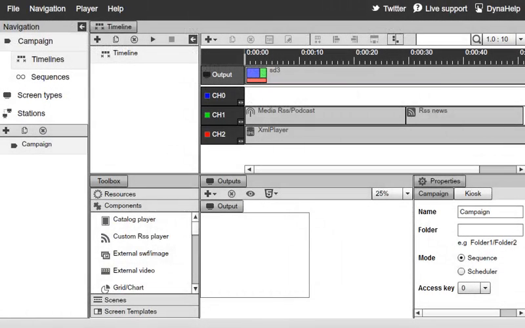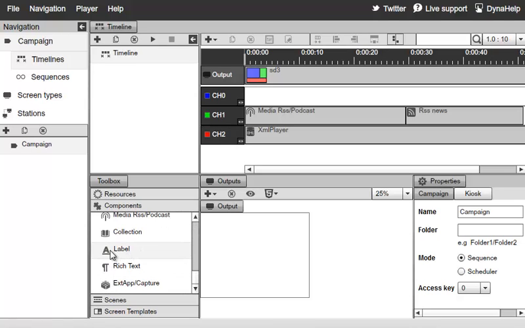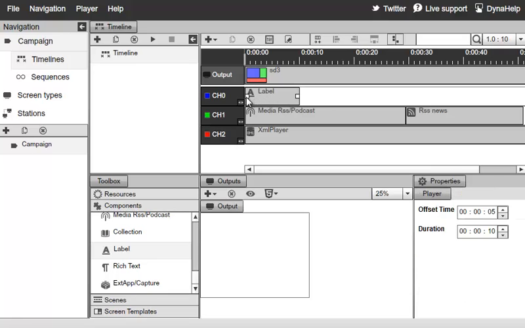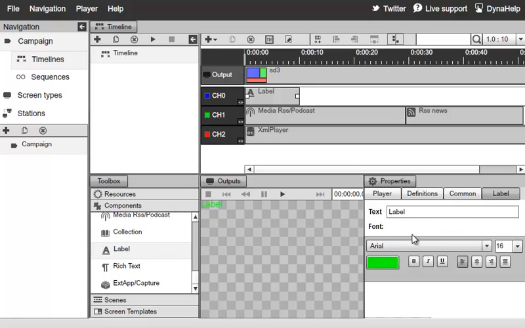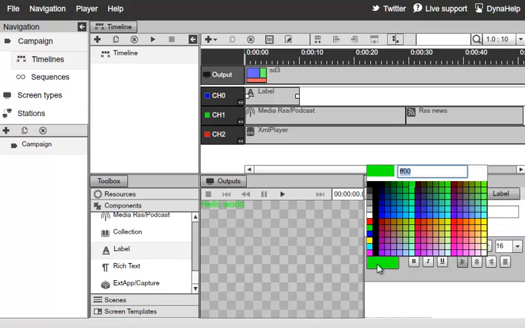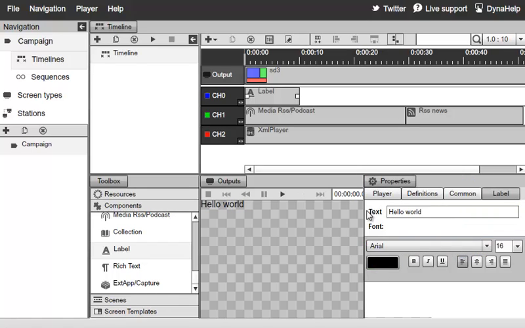So first, let's go ahead and compare just using an object directly on the channel versus using a scene. So I'll switch over here to my components and take a label, drag and drop this label onto this channel, and I'll double click on it to load up its properties and type something in its text field. And so right now what's happening is that this particular label is going to occupy the full size of the screen division. And so the label will by default appear at the upper left corner or X0, Y0 of the